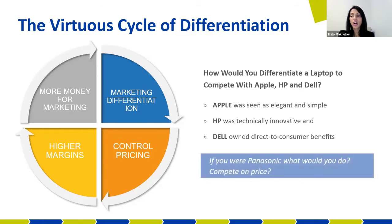So Panasonic had to answer this question, and it was not an easy task. Established brands already owned the attributes the customers cared about. So if you were Panasonic, what would you do? All of the obvious market positions are already taken. If they had tried to compete on price,